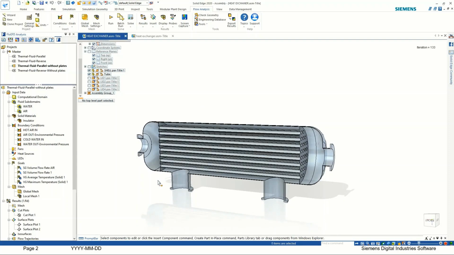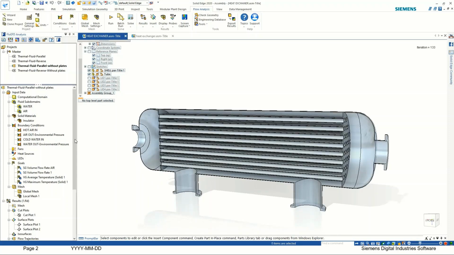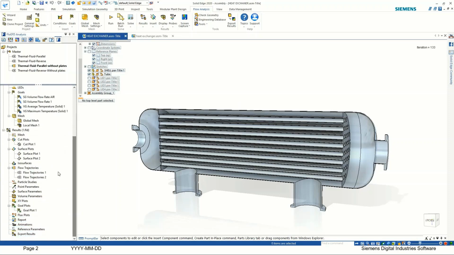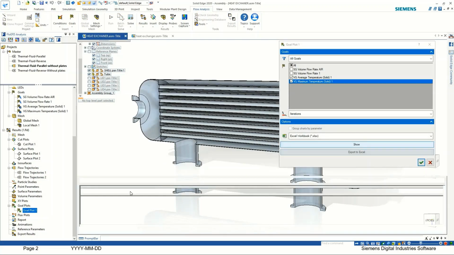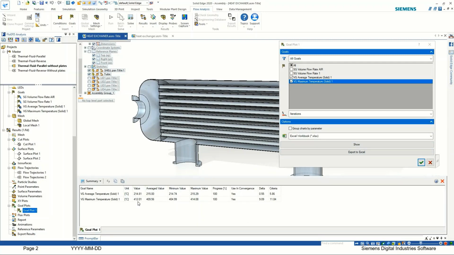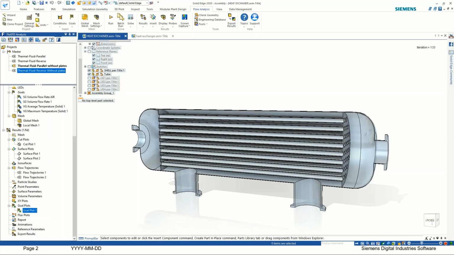And let me hide that. Yeah, so this is how it should look. And let's go to the goal plot. When we click on the goal plot, we can see that the average temperature is 21.4.